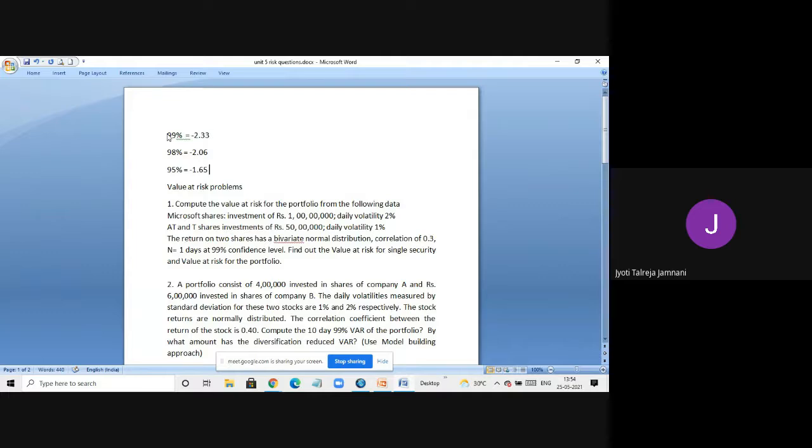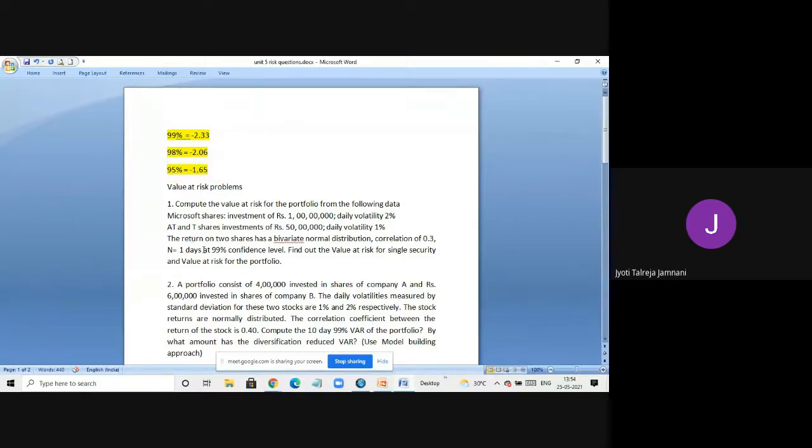Sometimes in exam they'll give you in the question the table values. Sometimes you need to look at the tables and find it. Or maybe you remember these three values correctly and go, because usually the question is asked at 99% confidence level only. Sometimes they ask for 98 and 95. So these are the three majorly repeated values that have been asked. So remember this, we are going to do sums on the basis of this.